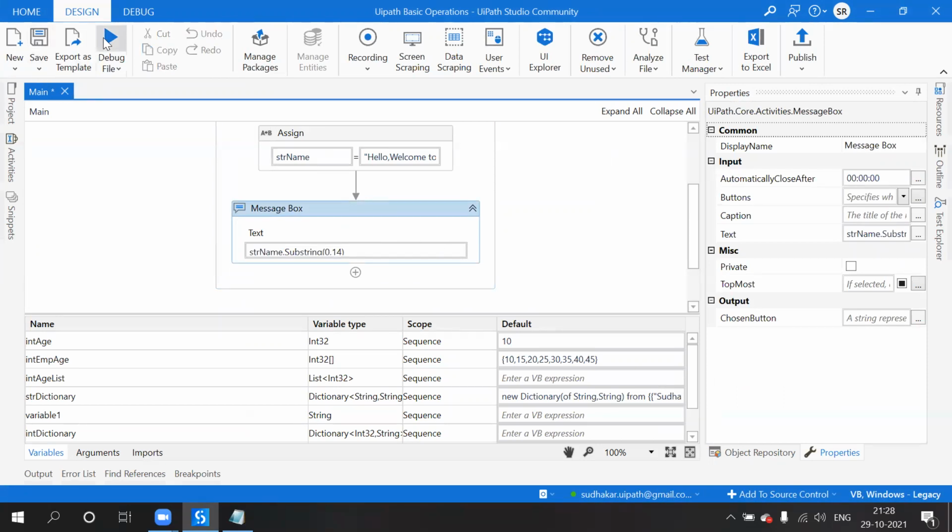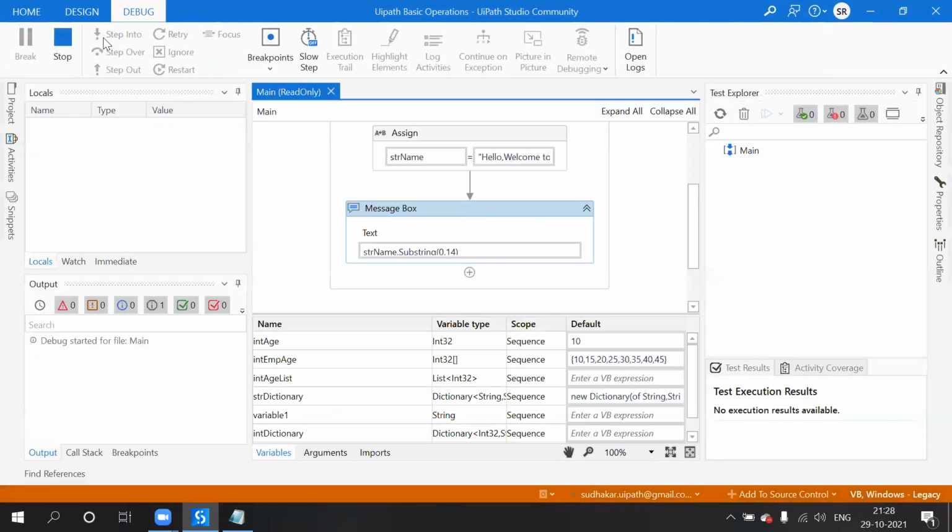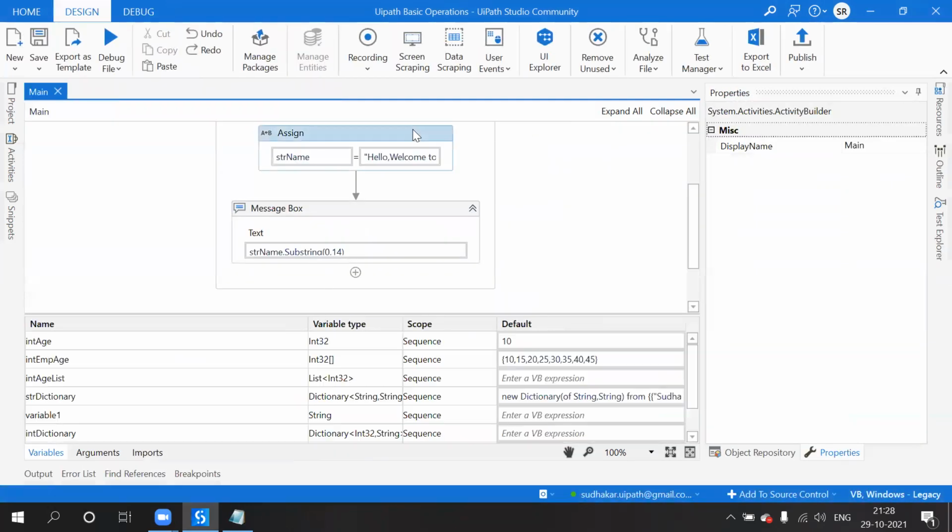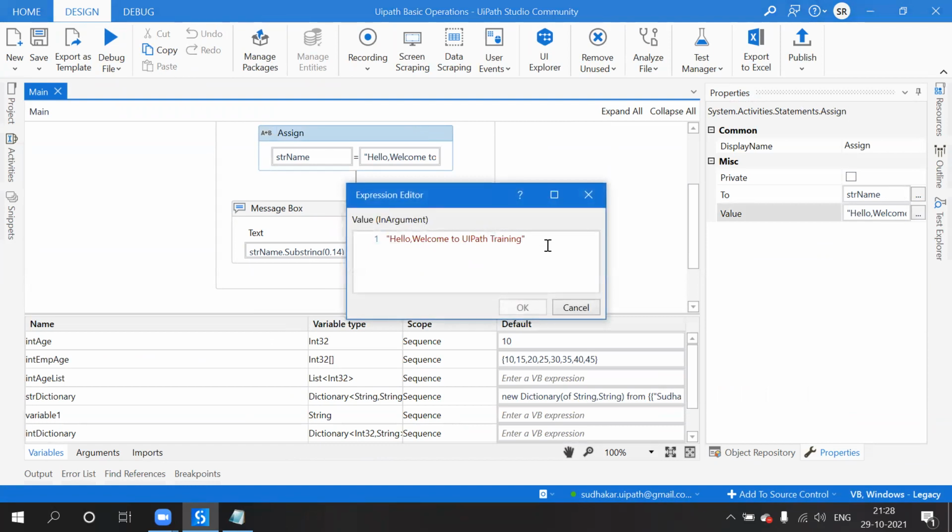I want to fetch only the first 2 words, that is only hello and welcome. See, these are all the words, so this is the entire text. Text can be a string, or a combination of words.